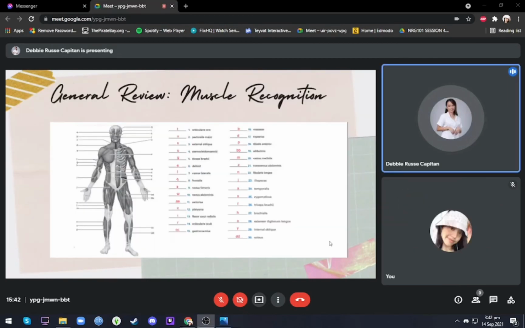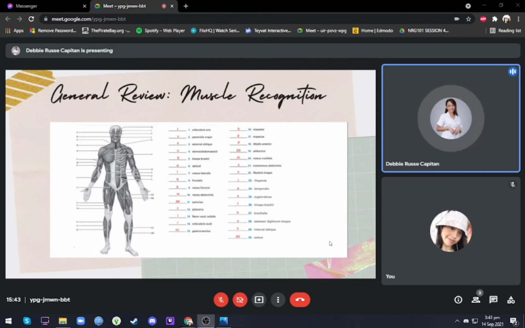So for the general review, the muscle recognition, number 1: letter T is the orbicularis oris, letter V is the pectoralis major, the external oblique is X, the sternocleidomastoid is letter U, the biceps brachii is G, deltoid is letter E, the vastus lateralis is L, the frontalis is Q, the rectus femoris is K, the rectus abdominis is W, the sartorius is double A, the platysma is C, the flexor carpi radialis is letter I, the orbicularis oculi